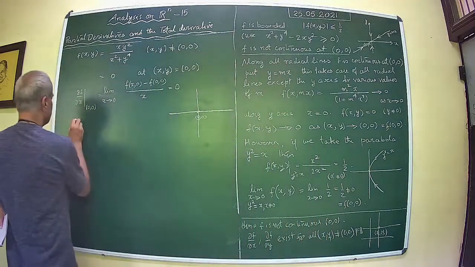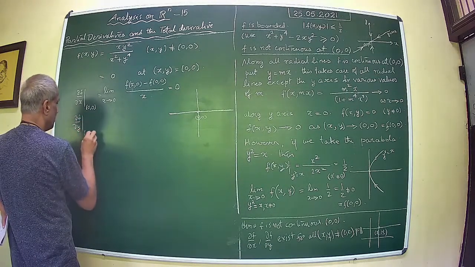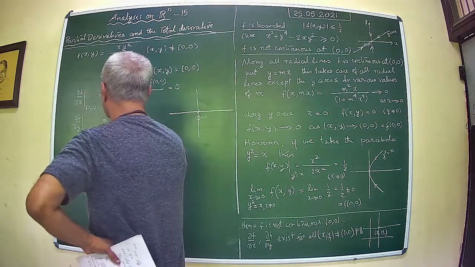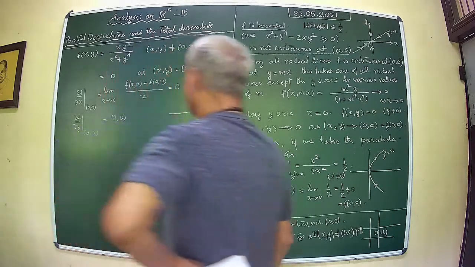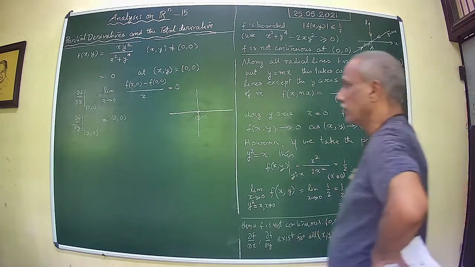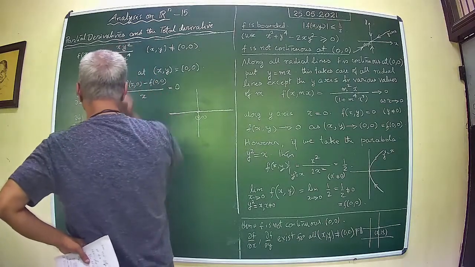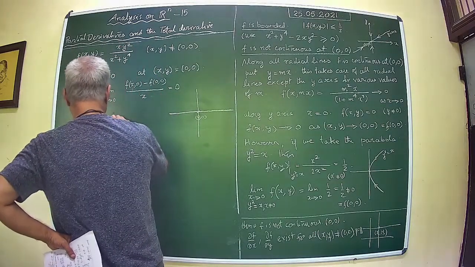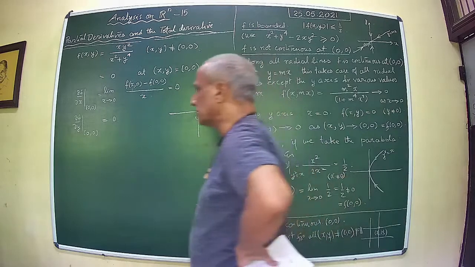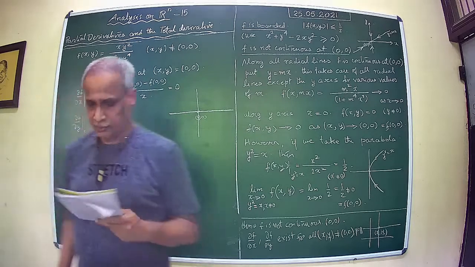Similarly, df by dy at 0, 0 is also equal to 0. Okay? Then you put x equal to 0 and whatever be the function that you get, this function vanishes, it is 0. Therefore, both df by dx and df by dy exist in this case everywhere. The partial derivatives exist,